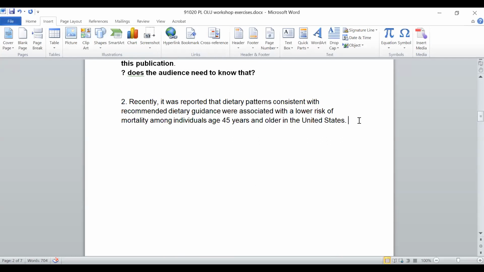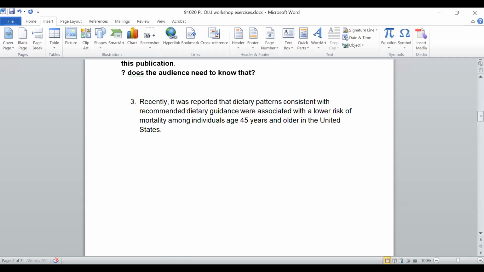Dang it, formatting. One of the issues that I hit a lot is this particular construction: it is, there is, there are, here is, here are, it was, things like that. My question here is where. Recently, X reported that, and I'm going to go out on a limb here and say that it's the agency making this report.